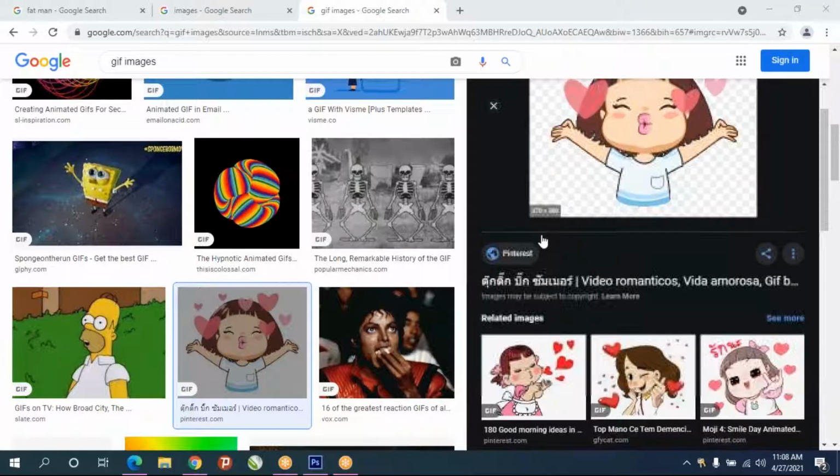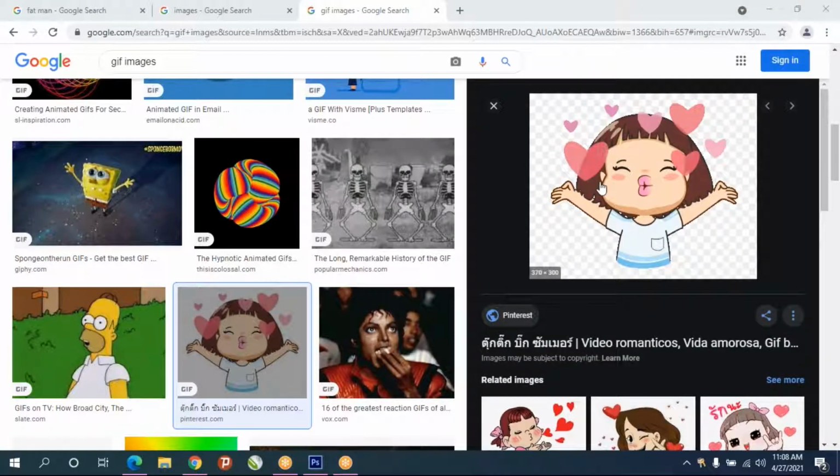Example like this. It is like a small frame animation. It will play like a video, but the audio won't be there.